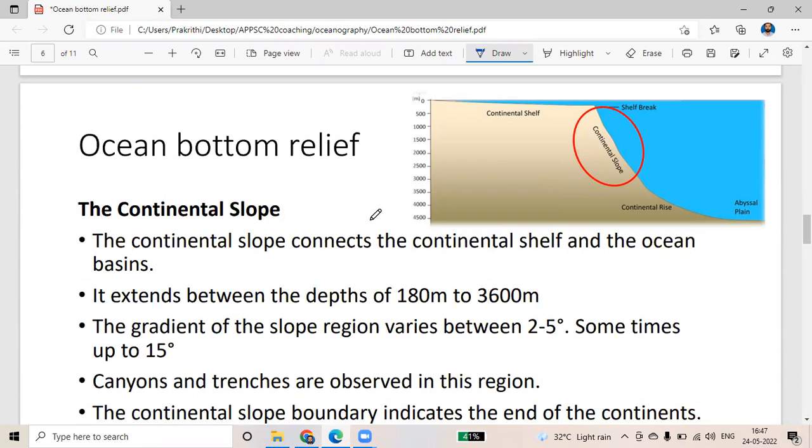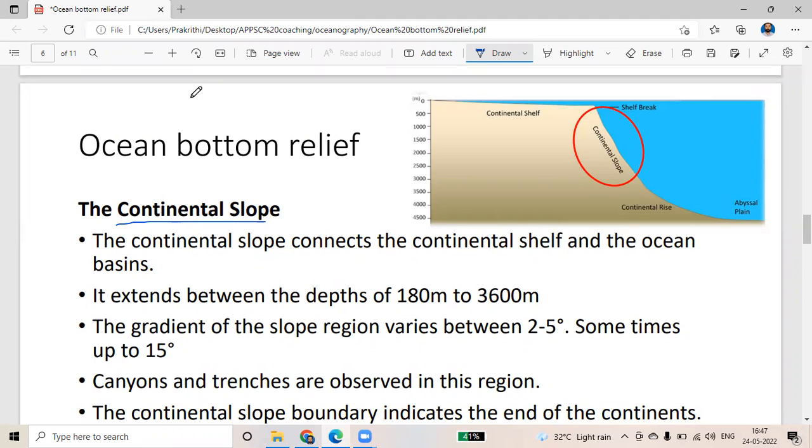But as the ocean or water body extends towards the land area, and this particular area is under the scope of this water, that is why we have included the continental shelf also within the scope of ocean bottom relief. So the main and first important bottom relief is the continental slope